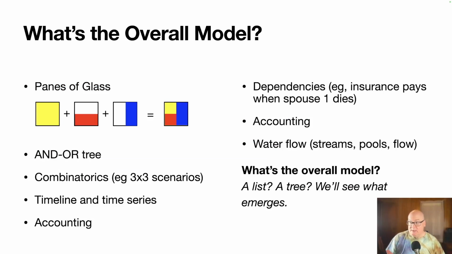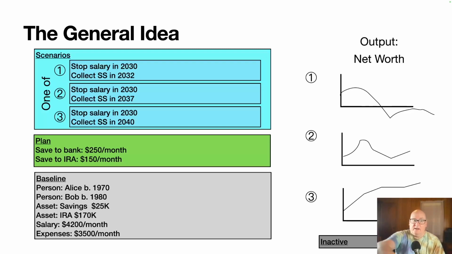Another model I know is an and-or tree, and the idea is some things are and, so at some levels all those nodes must be true, and some things are or, where multiple possibilities arise. All right, and again, that or bit corresponds to where I have scenarios 1, 2, 3. Those would be alternatives, but the other stuff is all sort of an and. I'm saying Alice was born in 1970, and Bob was born in 1980, and their savings are $25,000. All those are kind of one cluster, and then the or is visible underneath them.